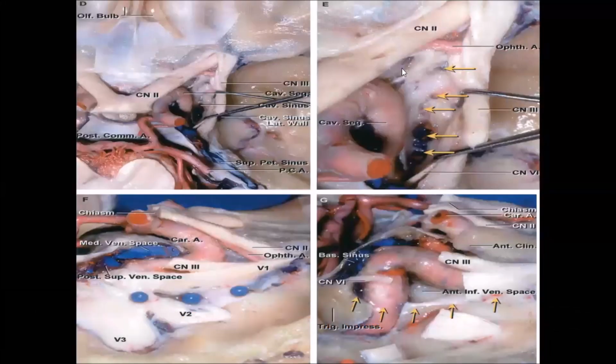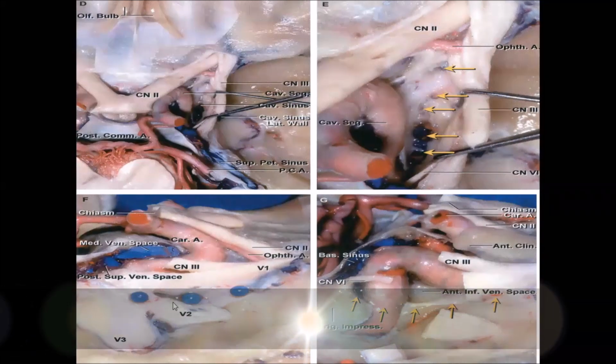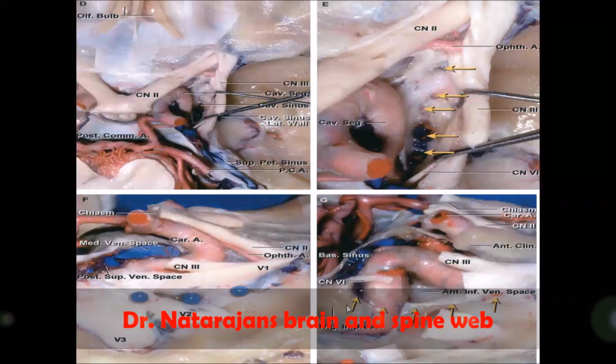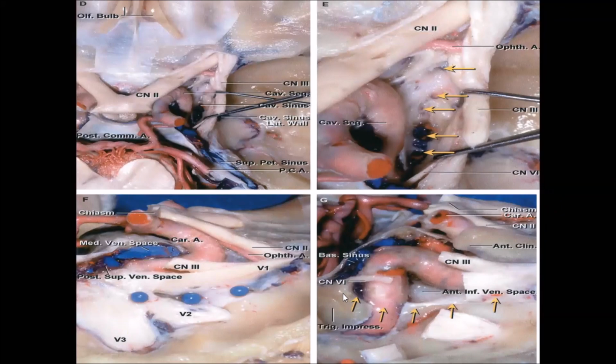So once again, the markings with arrows show the ostium. You see the ostia of various venous sinuses and venous plexuses that open into the cavernous sinus. What is being marked here with the blue pins corresponds to the lower border of the cavernous sinus, which does not include V2. The same thing after removal of the trigeminal ganglion and the nerve. This corresponds to the lower border.